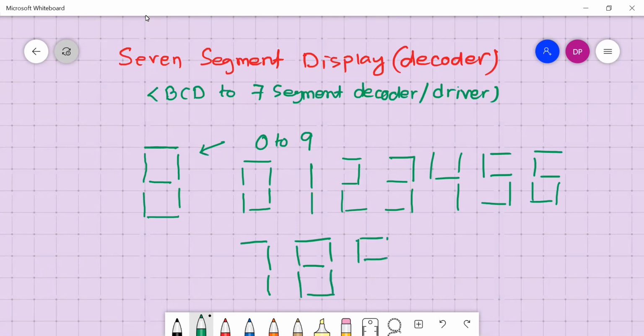Okay, so 9 different binary coded decimals can be displayed. Okay, so this is the display device, 7 segment display device.